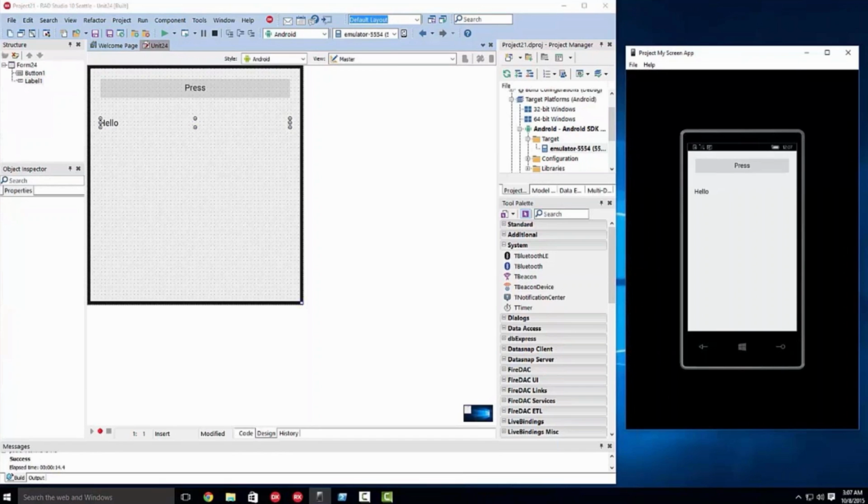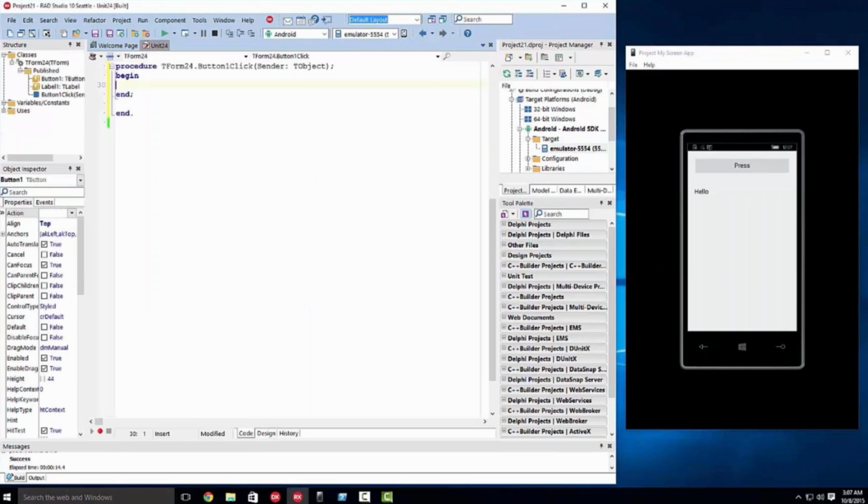So the application is there. You can press on the button, and nothing happens because I haven't written any code in the application. So that's the actual code we want to execute when the button is pressed. Change the text of the label. So usual stuff, nothing special. And then I'm going to put the right quote in for the string, and then I'm going to re-execute the